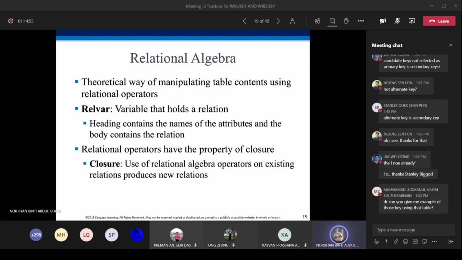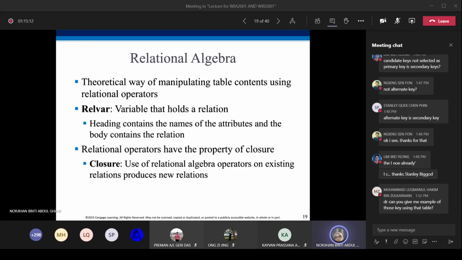Relational algebra is a theoretical way of manipulating table contents using relational operators. So this is an approach that we can use to manipulate tables in a DBMS.